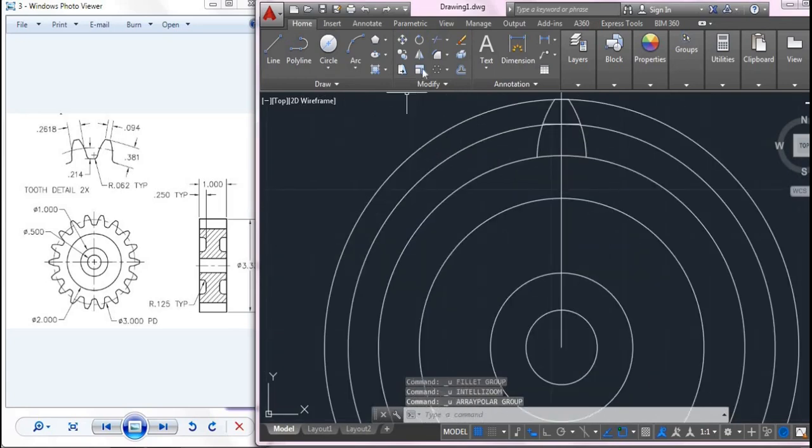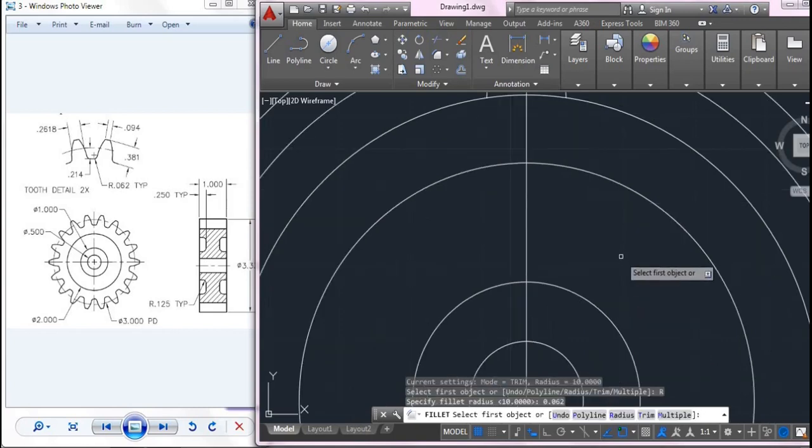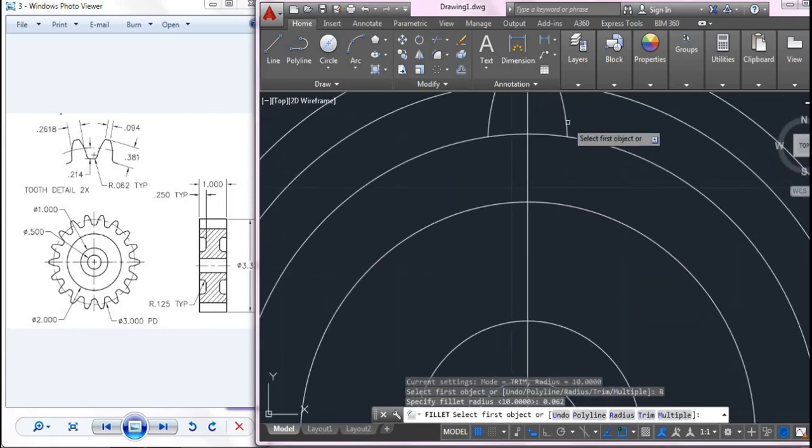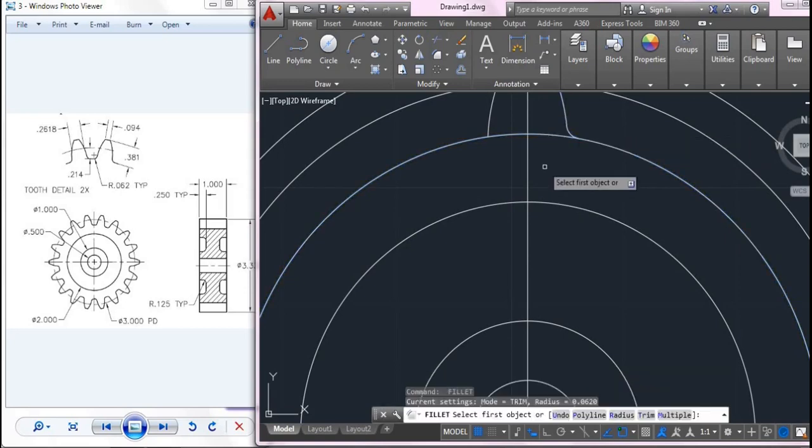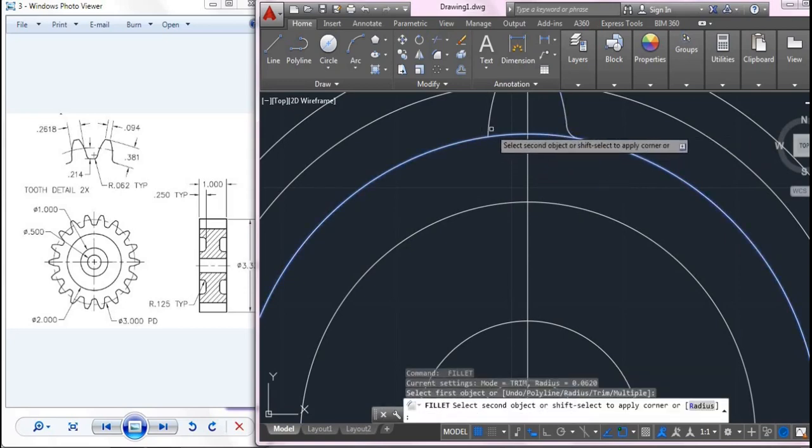So now here I will be filleting. Go for fillet radius, specify radius as 0.062, enter, and fillet the edges. This edge and then this edge. Again the same way, this edge.